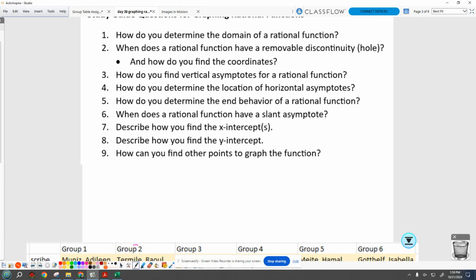Okay, so you answered questions 2, 3, and 4. You said, how do you find one? You just had to say, look, in purple it says, a hole exists when the factors match. Group 3 had to find, how do you find the x value? So the factor that matches in the top and bottom, that Raul was pointing out, set that factor to 0. And then you find the y value by plugging the x coordinate into the leftovers, into the reduced function.